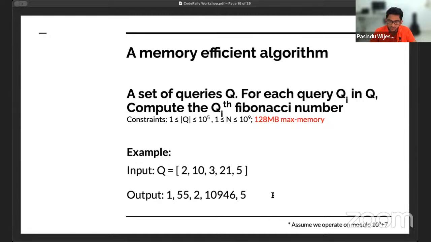So here's the problem again. Now I want us to give a little try to solve this one. Let's try to come up with an algorithm that's going to allow us to solve for this scenario, and let's see the different approaches that we can take and talk about what we can do to improve the memory efficiency of the algorithm that we come up with.